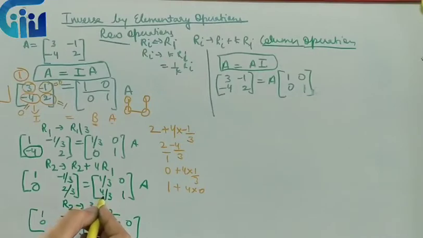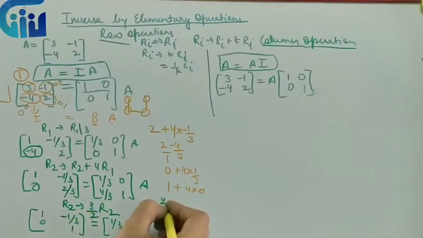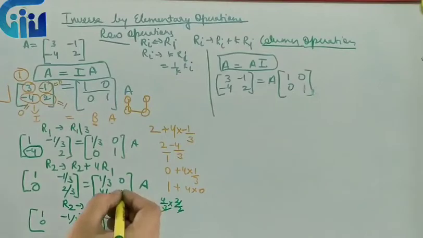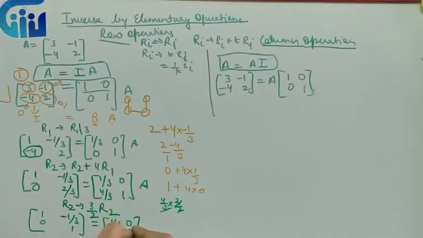So if I multiply this particular element, 4 by 3, with 2 by 3 by 2, what will I get? 2. So I will write it over here as 2. And then the next element, if I multiply it by 1 by 3 by 2, I will get 3 by 2. So I will write it over there. So now what do we observe? We have reached almost to the end.